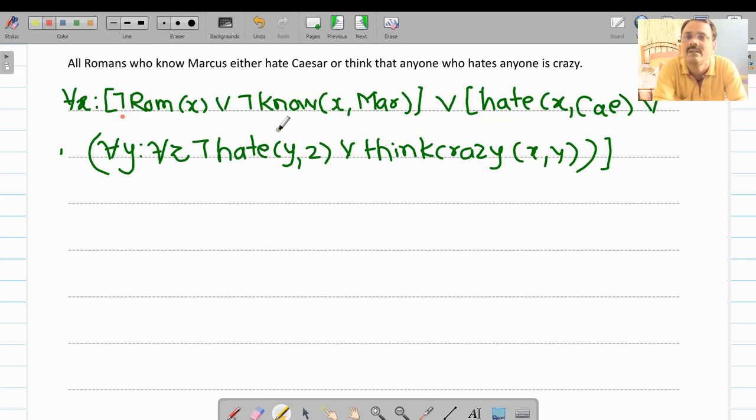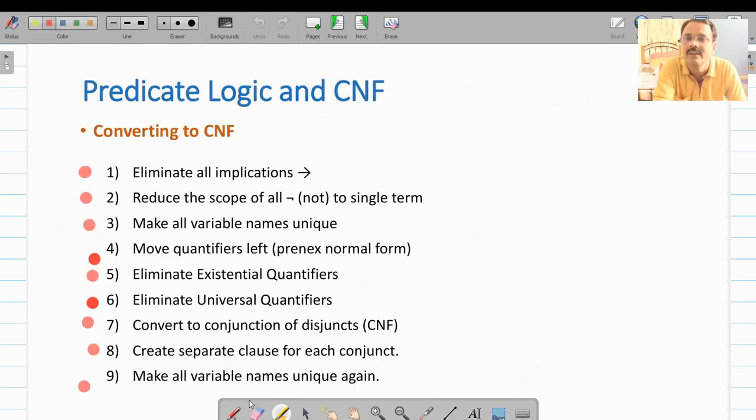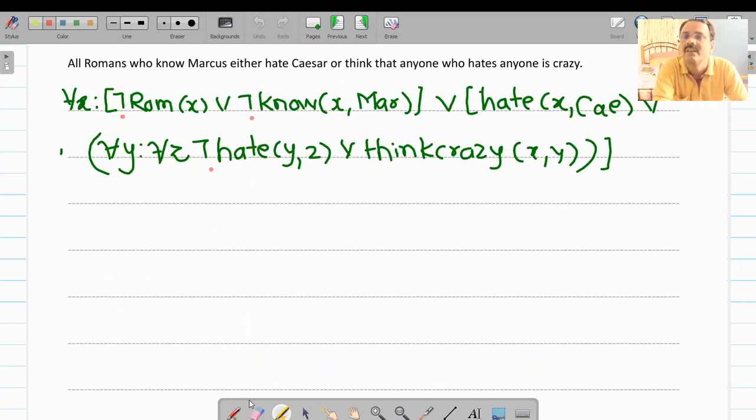So out here, this is not, second not, third not, that is associated with an individual predicate. So that was step 2. Now step 3 is go back and make variables standardized. Now here check out the variables. We have variable name for all x, then we have for all y, for all z. Three variables, all are different. So already variables are standardized, so you need not apply step number 3.